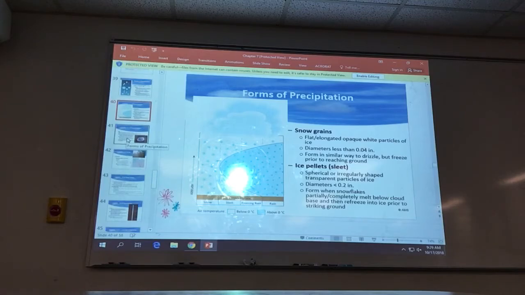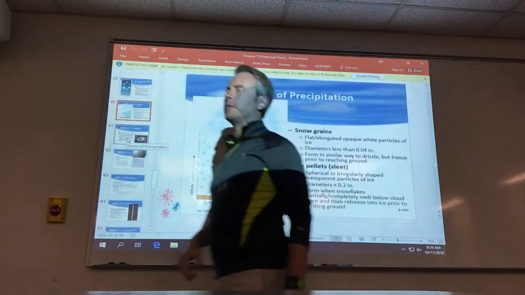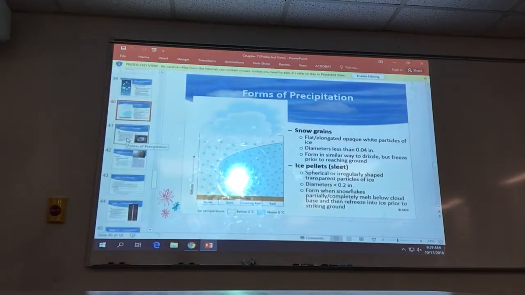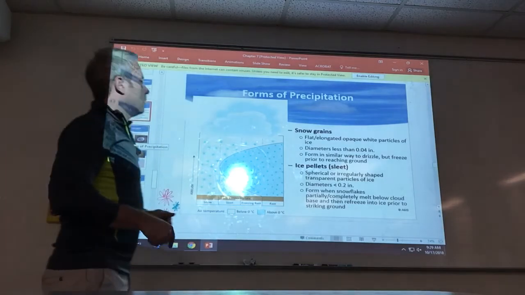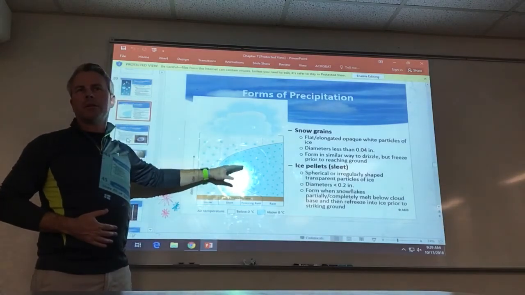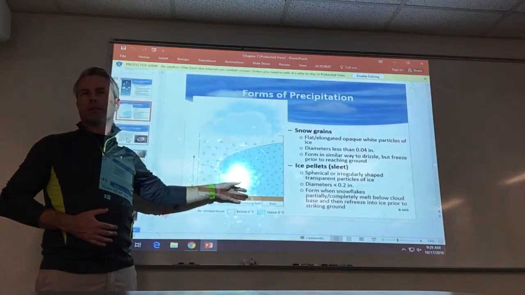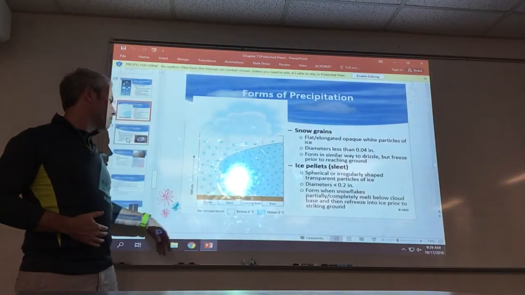Now what's interesting sometimes is that what falls from the cloud, and the environment it falls into, will change what it is. What do I mean by that? Well, meaning that the environment below the cloud base is going to be crucial about what form of precipitation actually makes it to the ground. So for example,